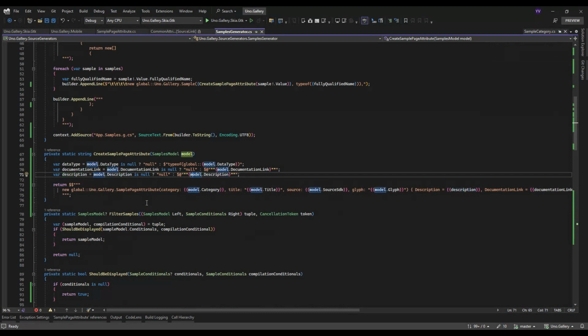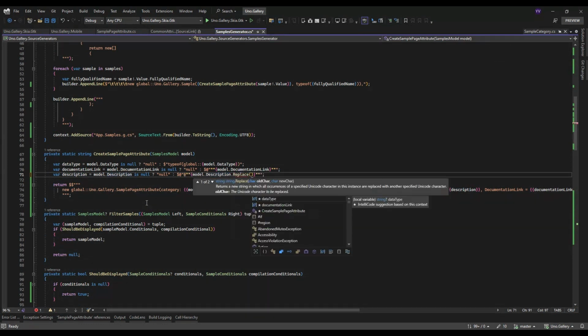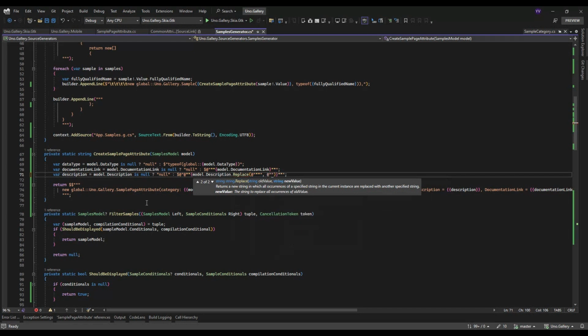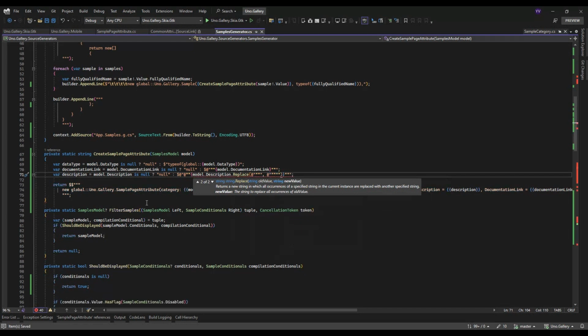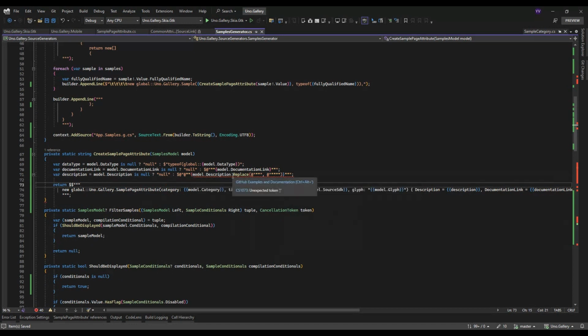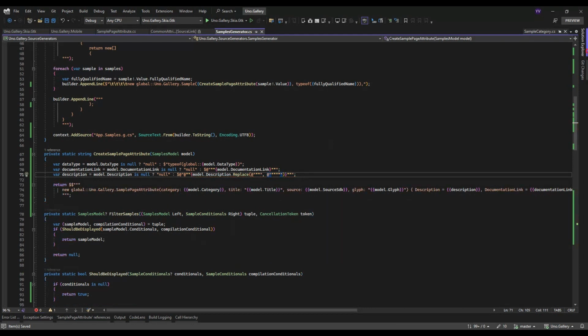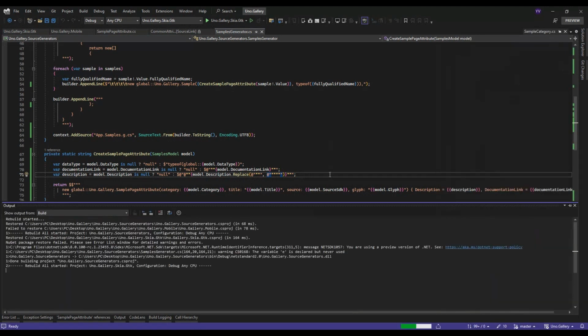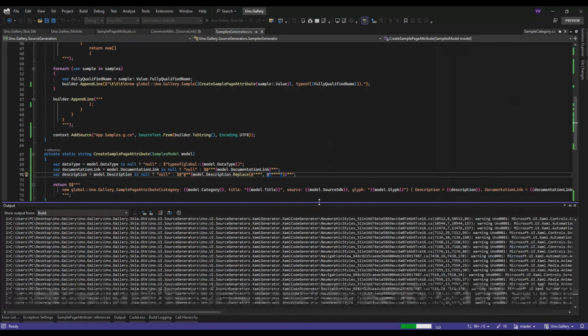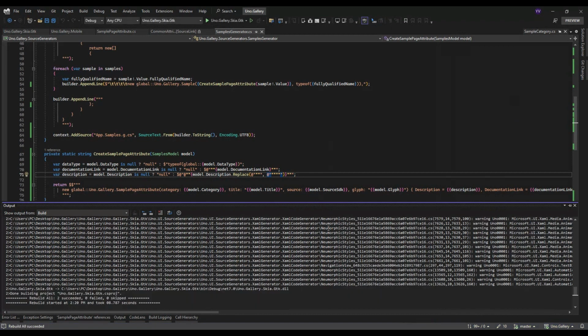So we could have this and then replace. Let's see if that will work. And finally it is building,